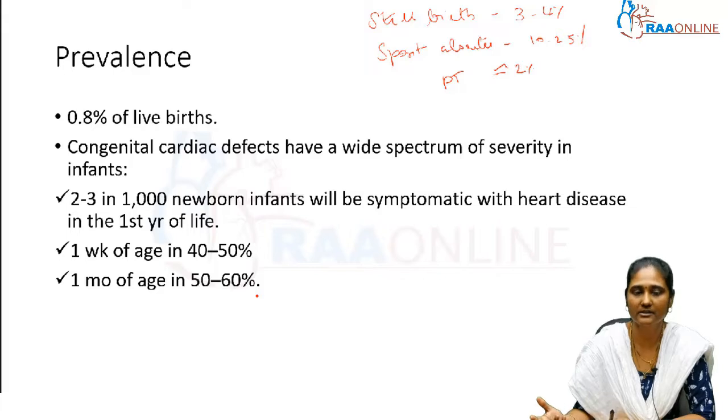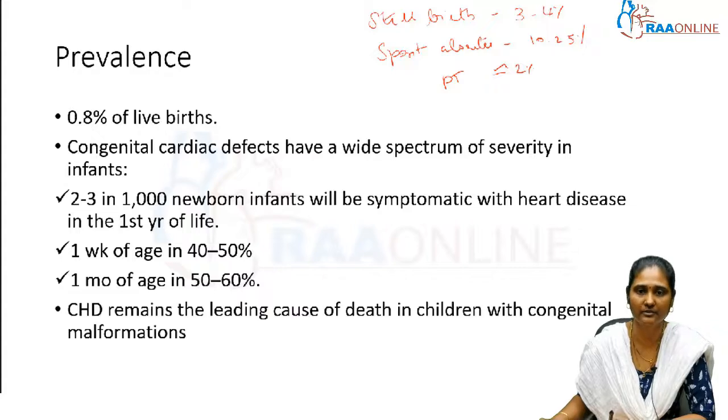Despite advances in treatment, with more corrective and palliative surgeries being attempted and survival rates increasing,